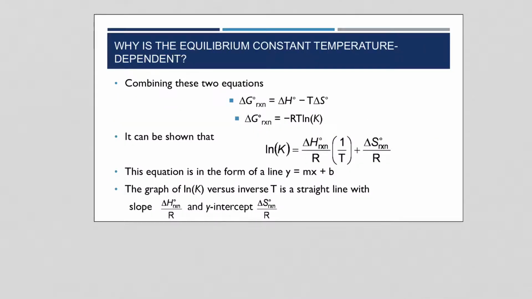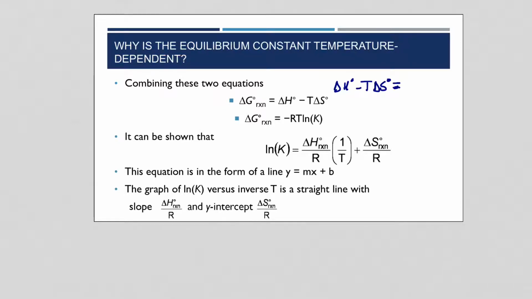All right, so now I've established the connection between the free energy at standard state and the equilibrium constant. And if we then pull in our previous equation for delta G at standard state of the reaction, now we have two equations both equal to delta G at standard state. What if we set these two equal to each other? We're going to look at delta H minus T delta S